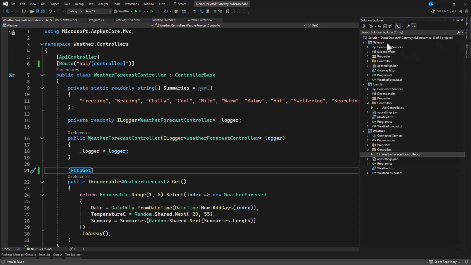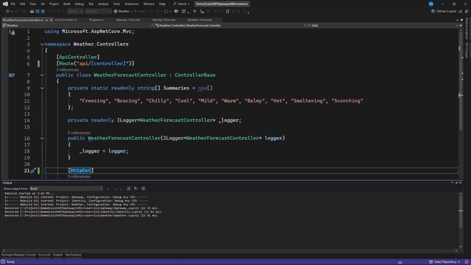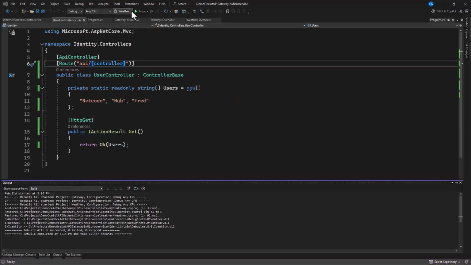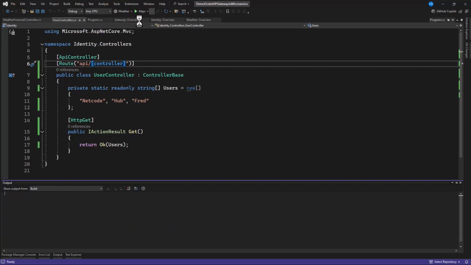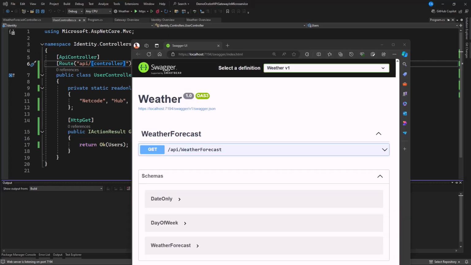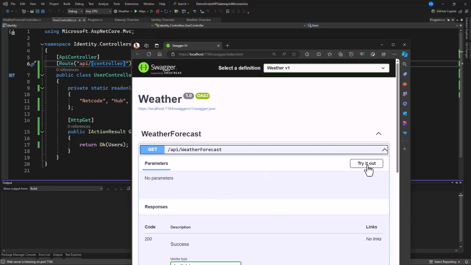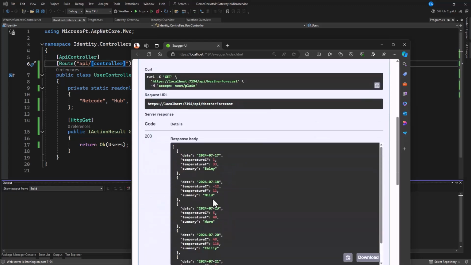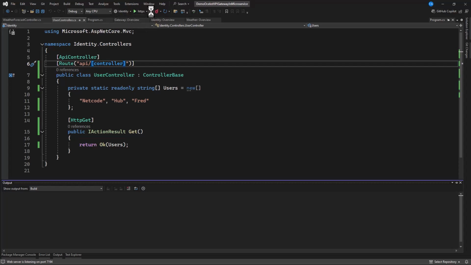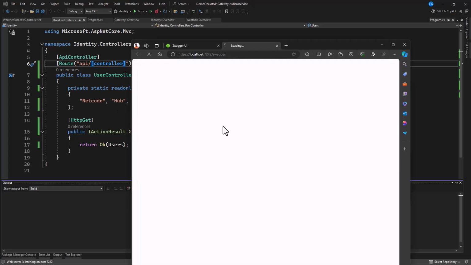So let's build solution first. So this is done. Now we can go ahead and run both. So we have an identity and now weather. Let's start running this weather, and let's also run the identity when this is done. So you can see that we have this weather API, and it is returning weather data, default one. Let's also choose identity, and now let's run this to return the list of users that we have in here.